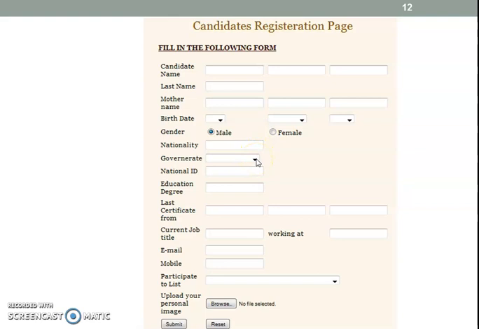Next, this one is a drop down menu, not a text field. These things act as text fields. Then this one is a drop down menu. Observe here, reset. Once you click on the reset button, what you mentioned or filled in these fields will be erased. If you click on the submit button, it transfers the information to the particular location or the server.